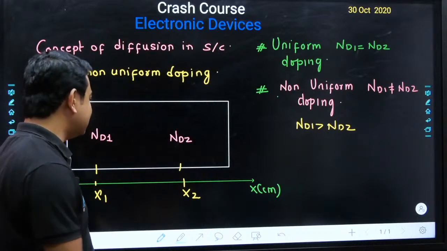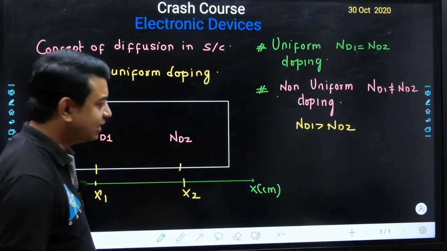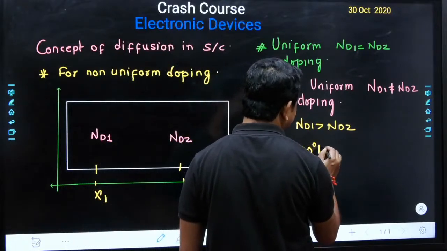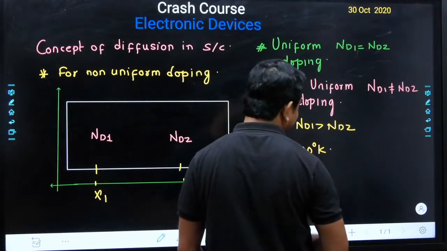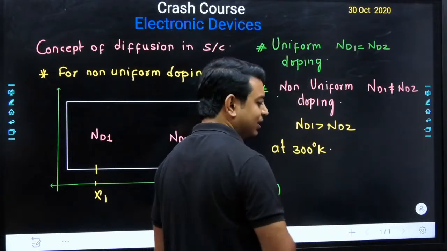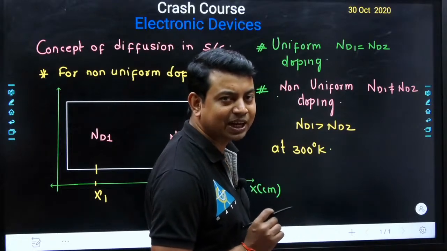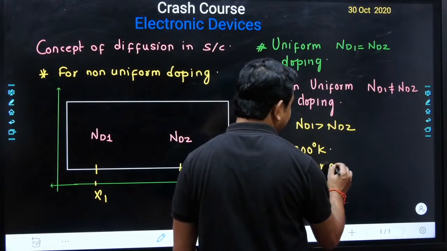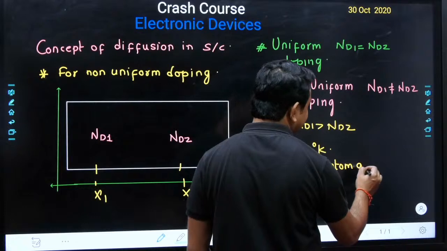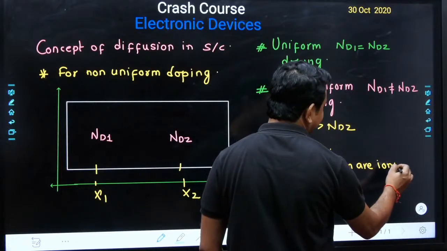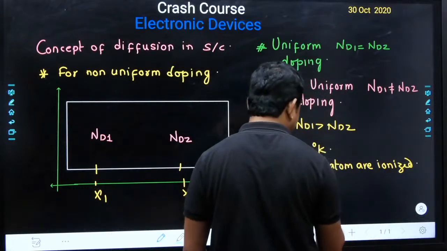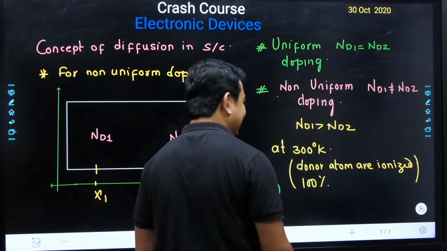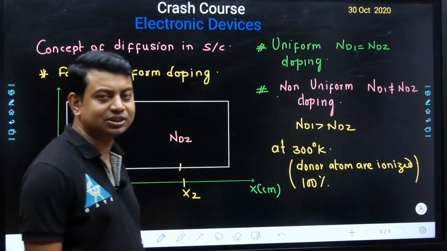Okay. So, if I place this semiconductor at 300 Kelvin, then I can write here, learn each and every point slowly. Okay. At 300 Kelvin what will happen? At 300 Kelvin the donor atoms are 100% ionized. So, donor atoms are ionized, and what is the ionization rate? It is 100% ionized. If the donor atoms are 100% ionized, each and every donor atom inside this semiconductor will